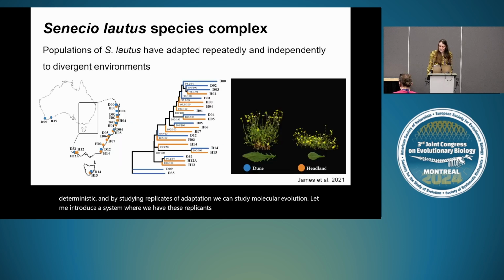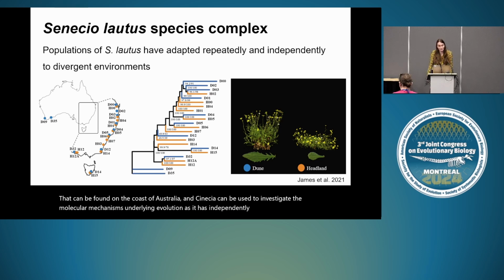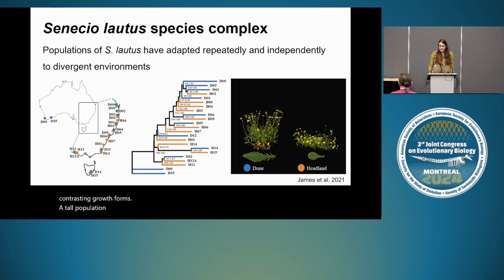So we're using Senecio lautus, an Australian wildflower that can be found on the coast of Australia. And Senecio can be used to investigate the molecular mechanisms underlying evolution, as it has independently adapted to the same environmental conditions multiple times. And we've shown local adaptation to these two environmental conditions, the dunes and the headlands. As you can see over there, as Senecio is adapted to the dune and headland environments, it's evolved two contrasting growth forms: a tall population that grows on the sand dunes and a shorter population that grows on the windy